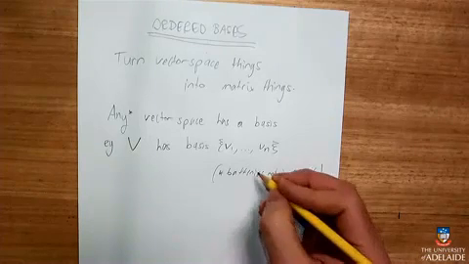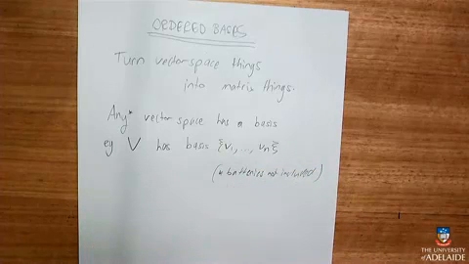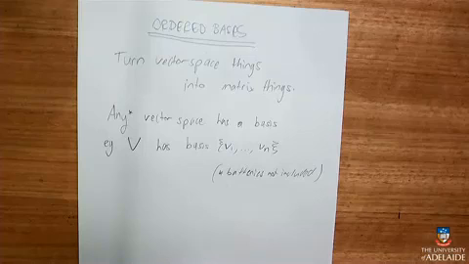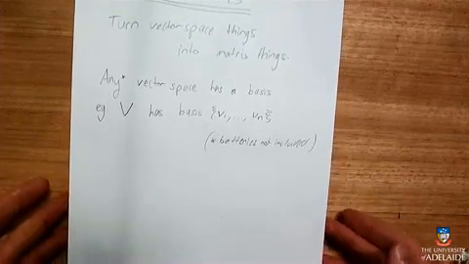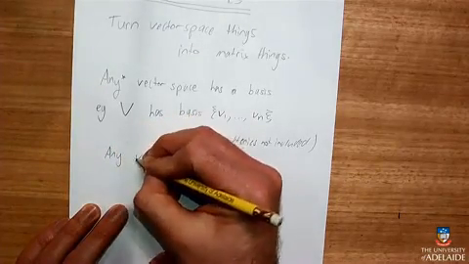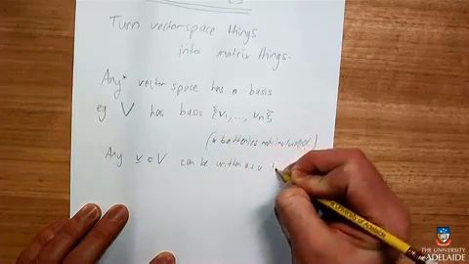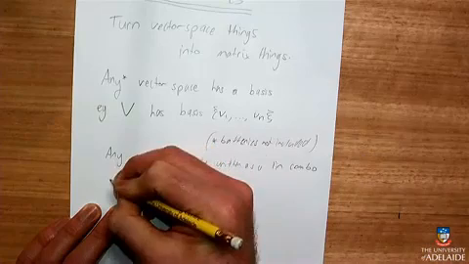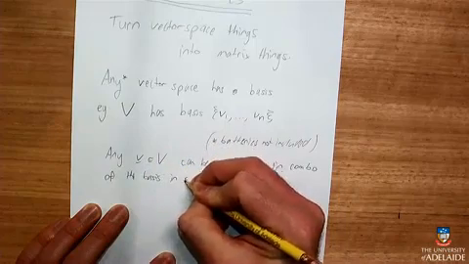So, sorry, I should be a little less frivolous. I think that there are some vector spaces that don't have a basis unless you're allowed to use the axiom of choice. Anyway, most vector spaces have a basis, and any vector in the vector space can be written as a linear combination of that basis in exactly one way.